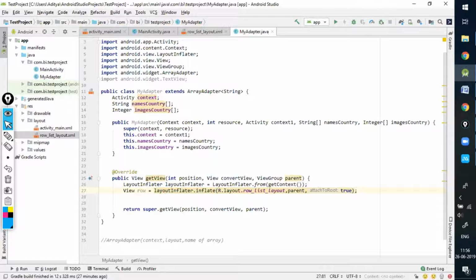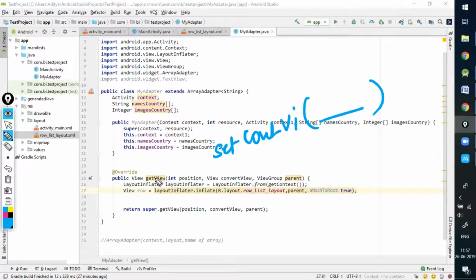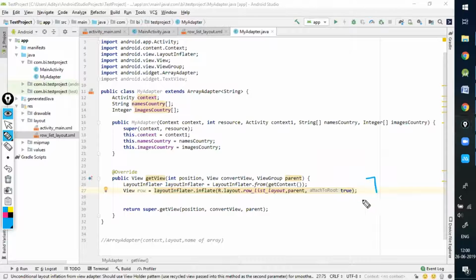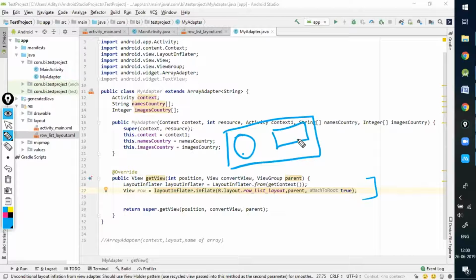Okay. Now what I have done, guys, if you all remember the setContentView function, it demanded the name of the layout file. So I have created the LayoutInflater. Now, using this LayoutInflater, I'm actually bringing this file. This is the name of the file which we created. So I'm bringing this file inside the view called row. So by this time, if I execute these two lines, a box will be created in my memory, and this box will be having an image view and a text view. Right now, these two are empty.